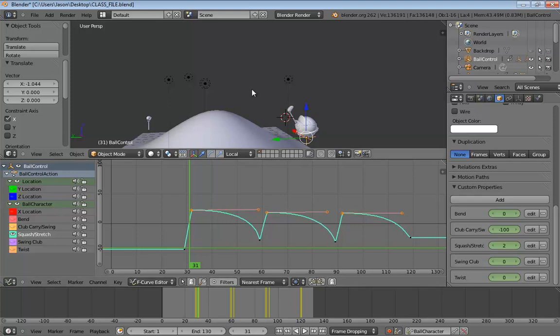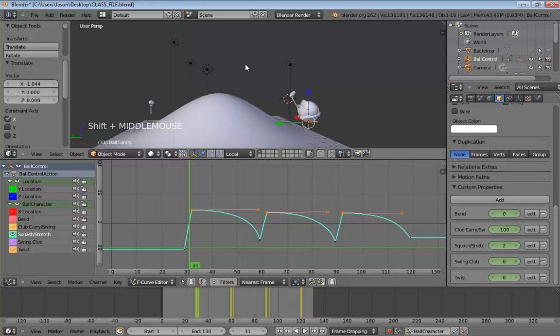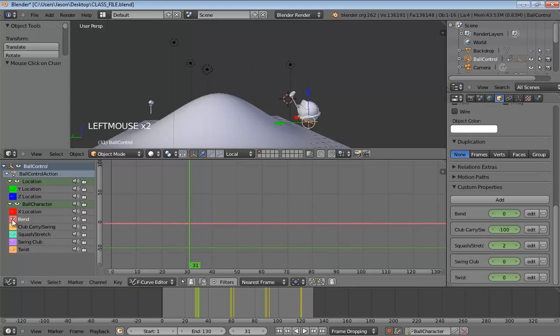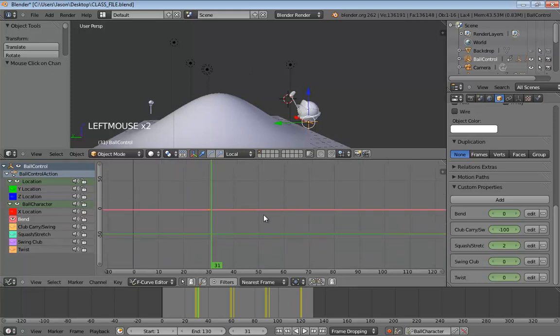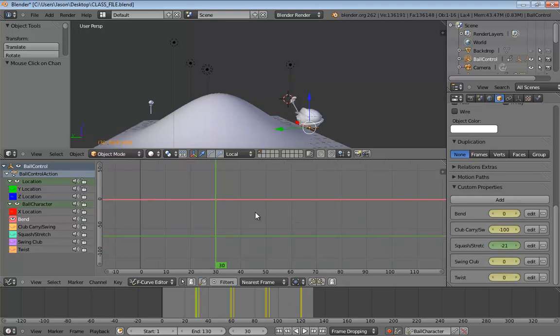Right. Okay, so now the next thing we're going to animate is going to be the bending back and forth. So I'll go ahead and hide this curve, and we'll just come over here to bend, and you see that we only have a single keyframe, which is fine. We'll start off... Actually, let's start off at about... I think for the study guide, for the notes, I just kind of gave you guys some keys and some values to kind of help you out.